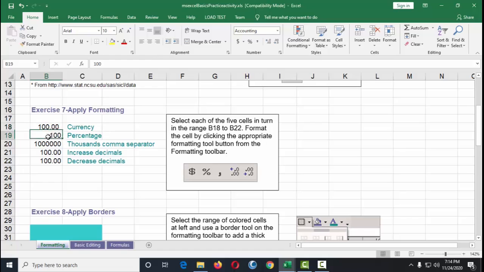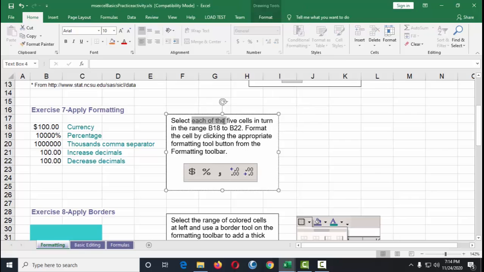So 100 and then dollar sign. Next is the percentage. Click on 100 and then percentage. It turns to percentage. Okay. And then comma. I'm going to click on the comma. Click first this one because according to the instruction, each of the five cells in turn in the range.